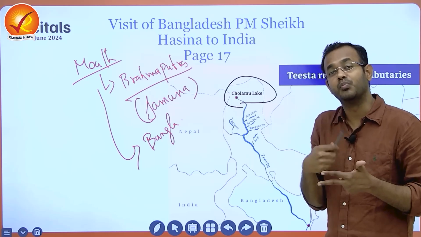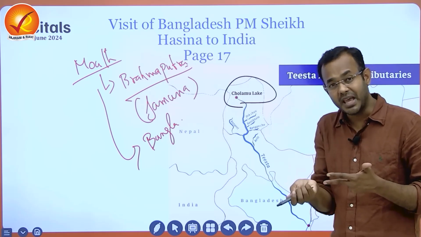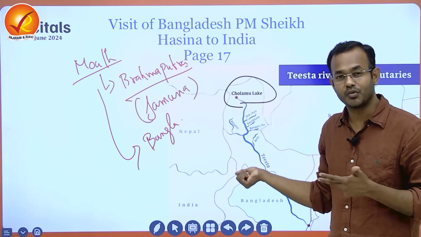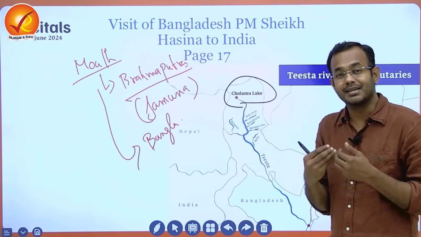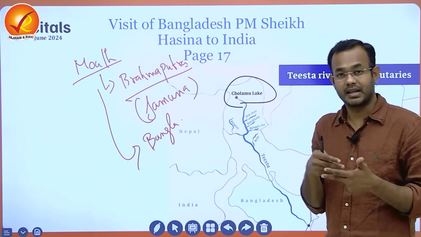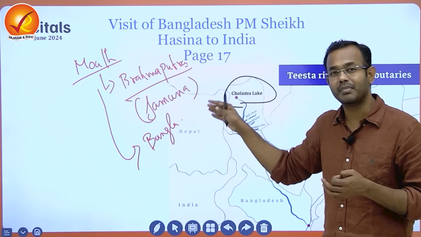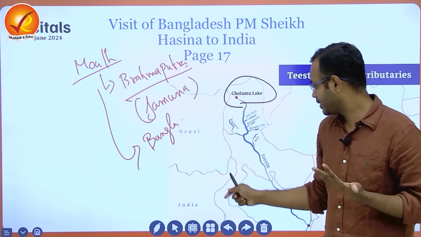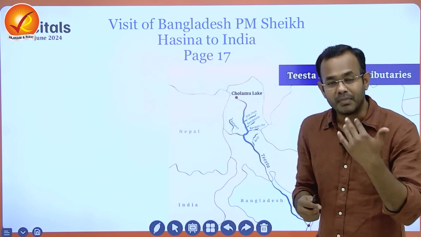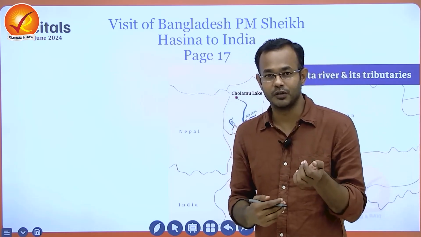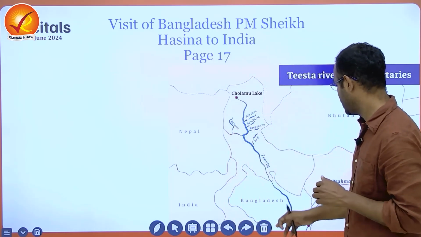Second, it said that both have the same mouth, whereas Brahmaputra has its mouth in the Bay of Bengal. Teesta is the tributary of Brahmaputra. So the second statement is also wrong. Another statement said Rangit is the major tributary of Teesta, which is true, right? This is how these map discussions will be much more helpful in the preliminary examination, right? Moving on to the